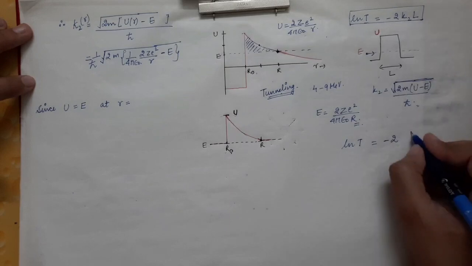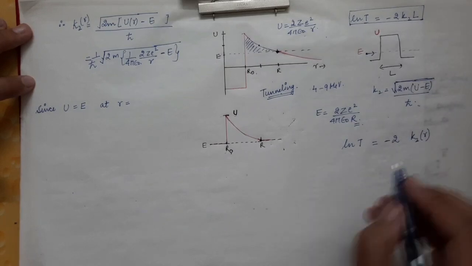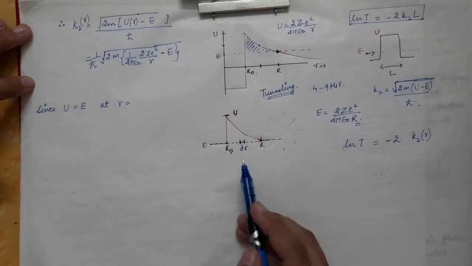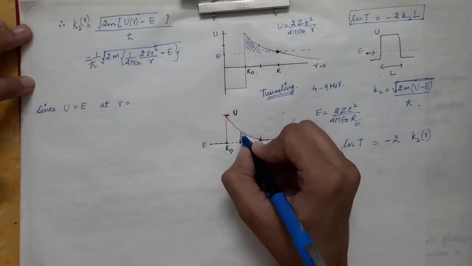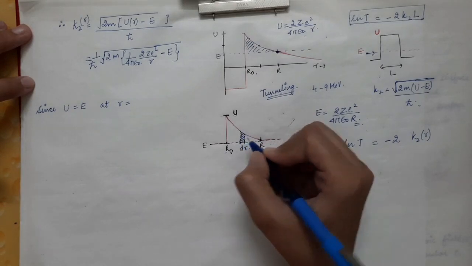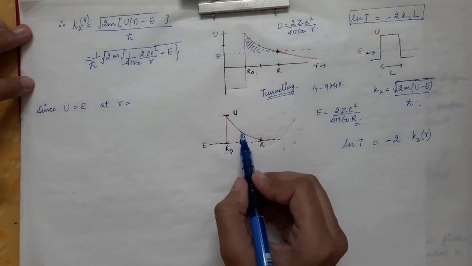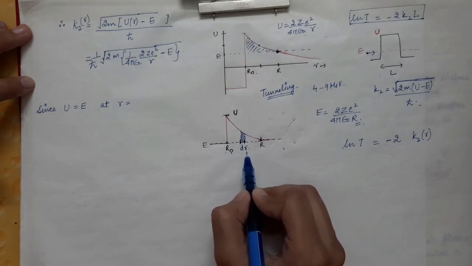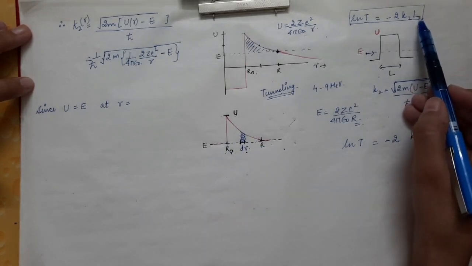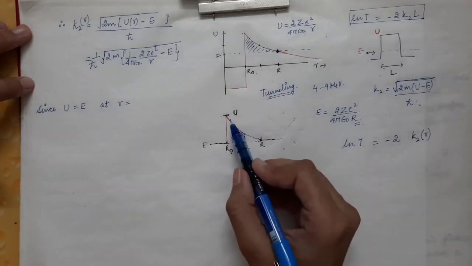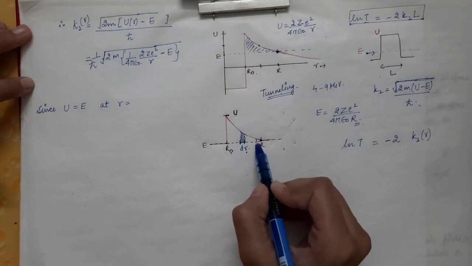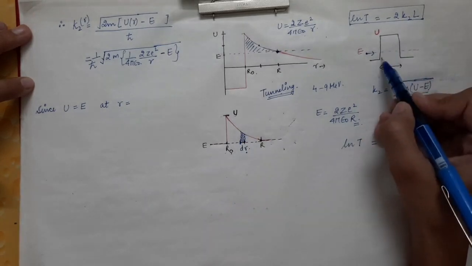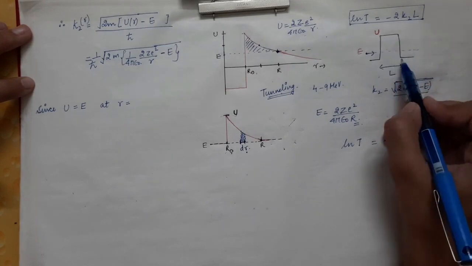Now K2 is dependent upon r. So at this point we take a small distance dr, and let's say we take a small patch in this potential barrier, and this patch is of thickness dr. So instead of L, what we have done is divide this whole potential barrier into an infinite number of such patches, and each very small patch will act like a uniform, or constant height, potential barrier.